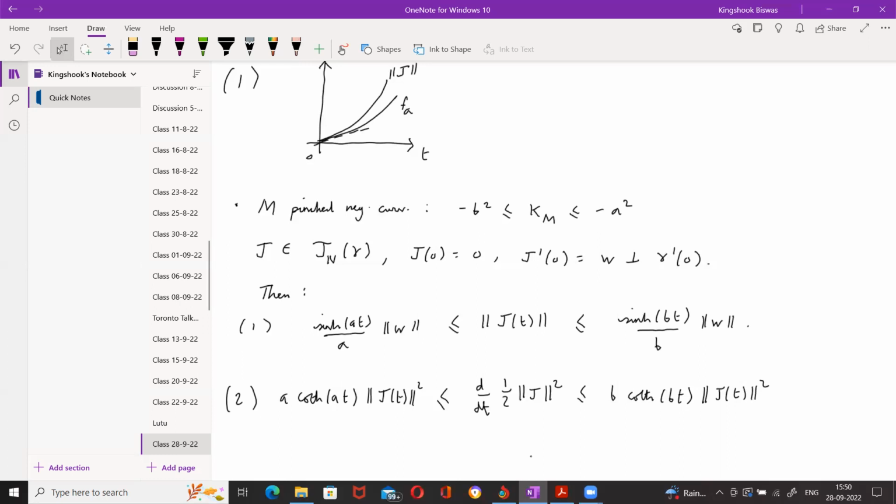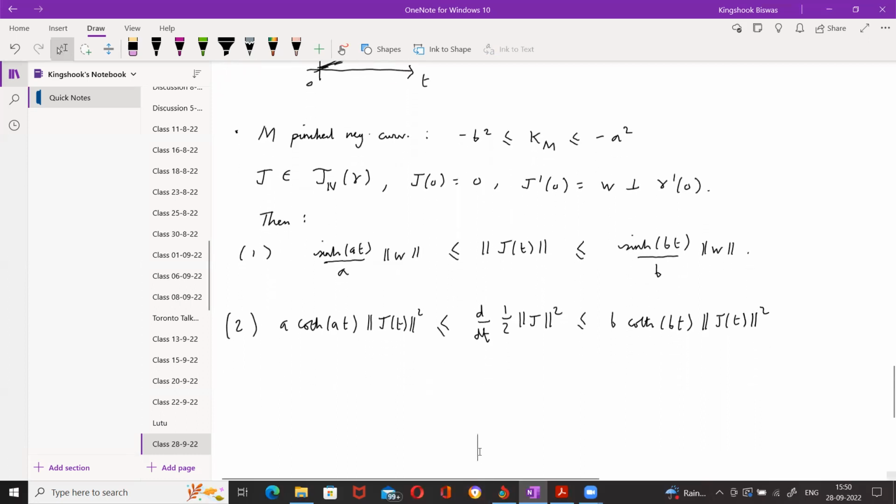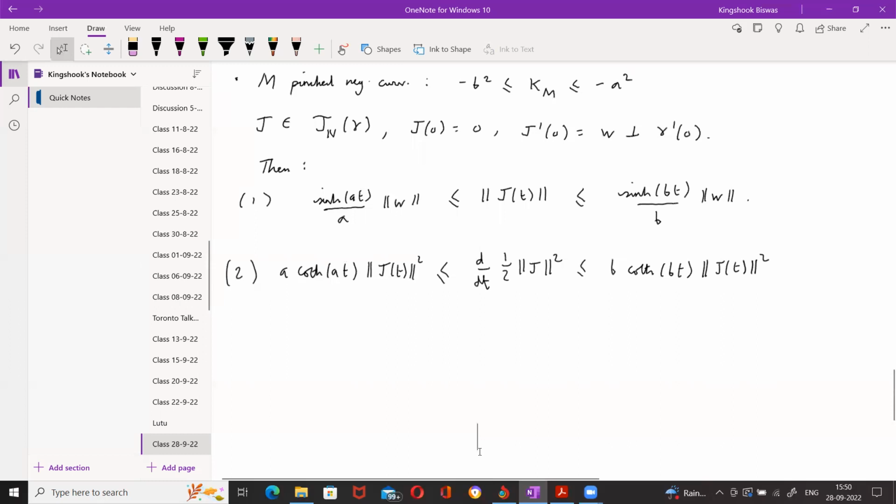So if you look at that paper, you'll see that if the sectional curvature is bounded above, which is the case we look at normally, say K is less than or equal to minus a squared, then I'll write the heat kernel as pt of xy. This is less than or equal to